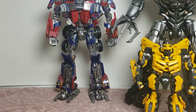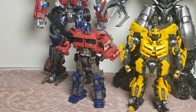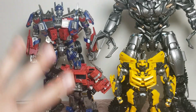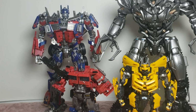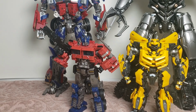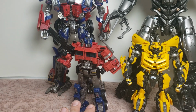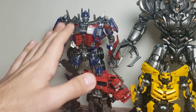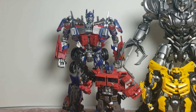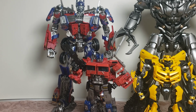You know what's the same height as Bumblebee? The Studio Series Bumblebee movie Optimus Prime. This is actually in Masterpiece scale. If you're going 1/30th scale, this is the scale. He's 16 centimeters tall. He's around 28, 29, the 28 feet to 16 feet tall. So if you were to actually make in 1/30th scale a Masterpiece movie of the Bumblebee cast, you would have